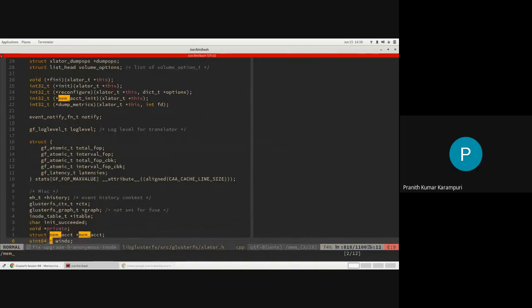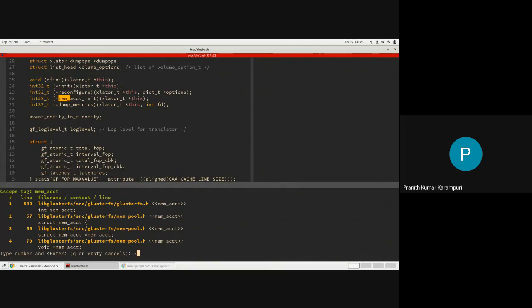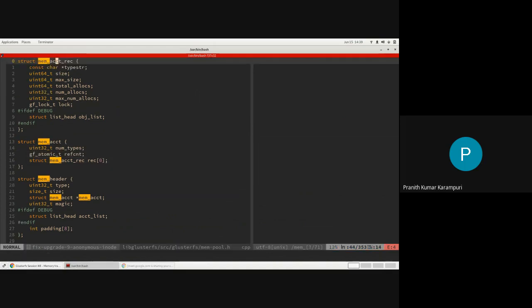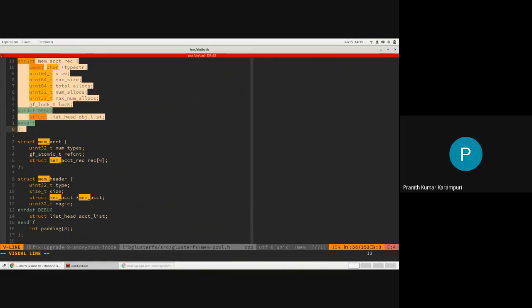And the other thing is another structure. This actually will have the header. The header is a little bit different, which we will see later. But each translator will keep a memory accounting record for each of its types. Each Xlator will define some number of types that it wants to track. Then this ref account is like memory management just for this structure, and this is the actual record per type.